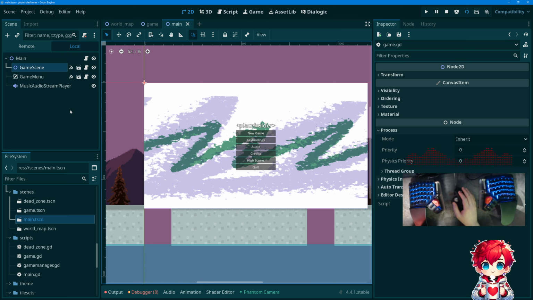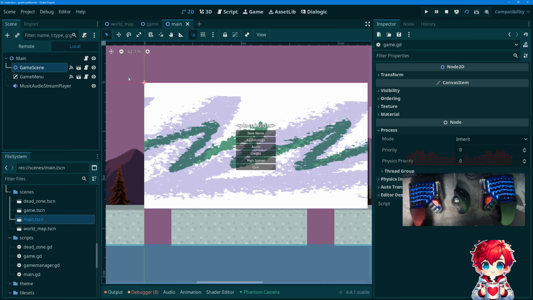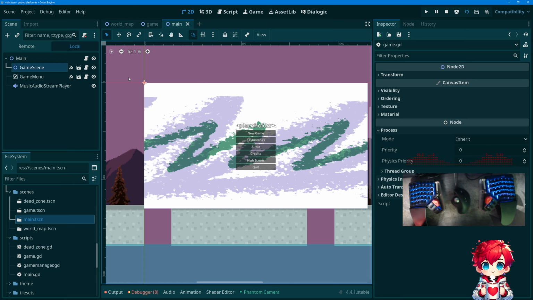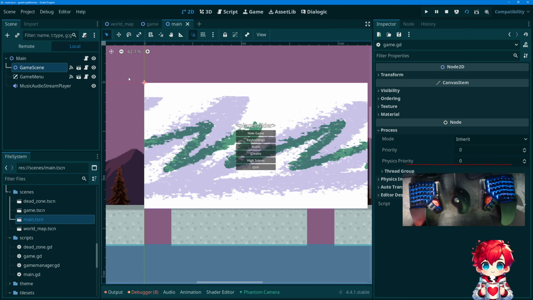I do have some concern about interaction between the game level and the world map, where both things are loaded and somehow they're going to interfere or interact with each other. I'm not excited about the idea. Well,